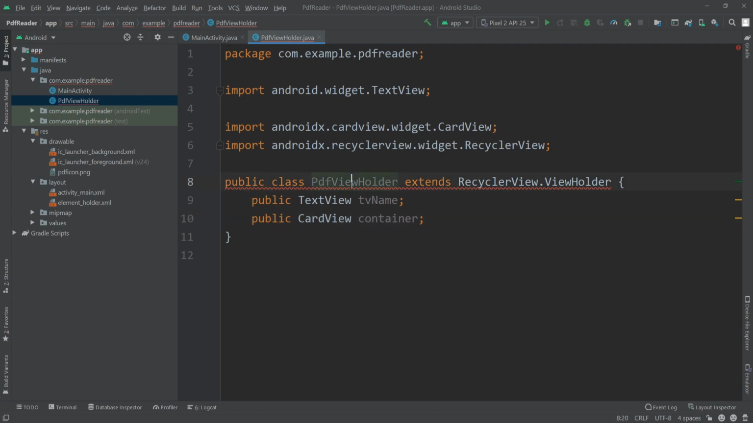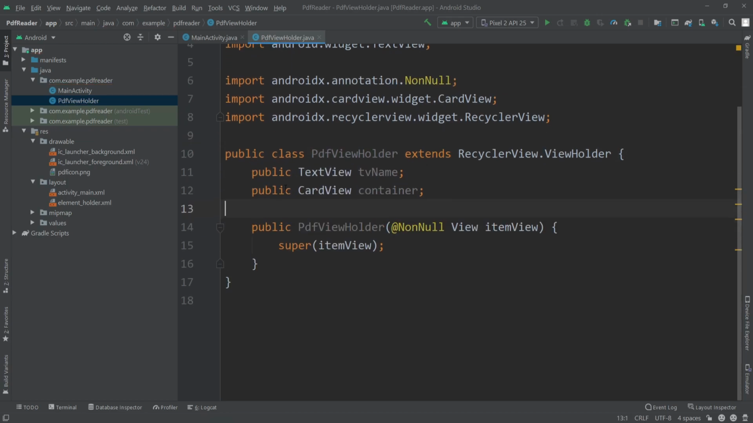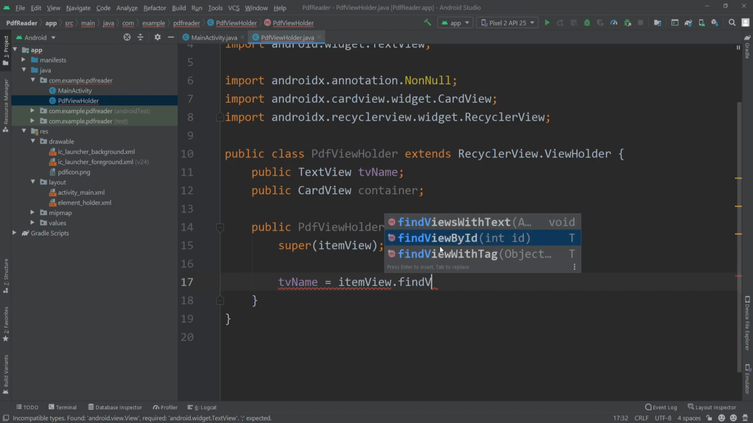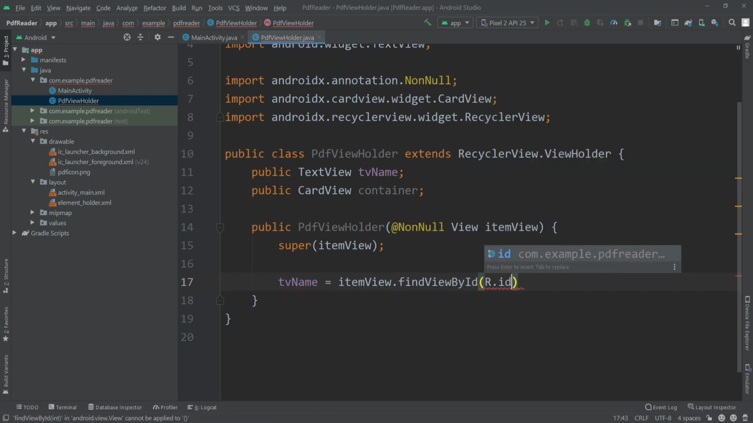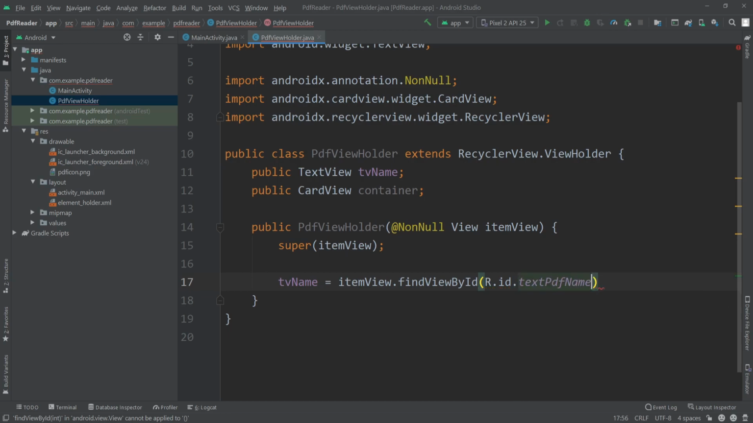And now I'll click here and create constructor matching super. I'll click on that. So now here we have the constructor. Now inside the constructor I'll add TV name equals item view dot find view by ID R dot id dot our text view's name was text PDF name,